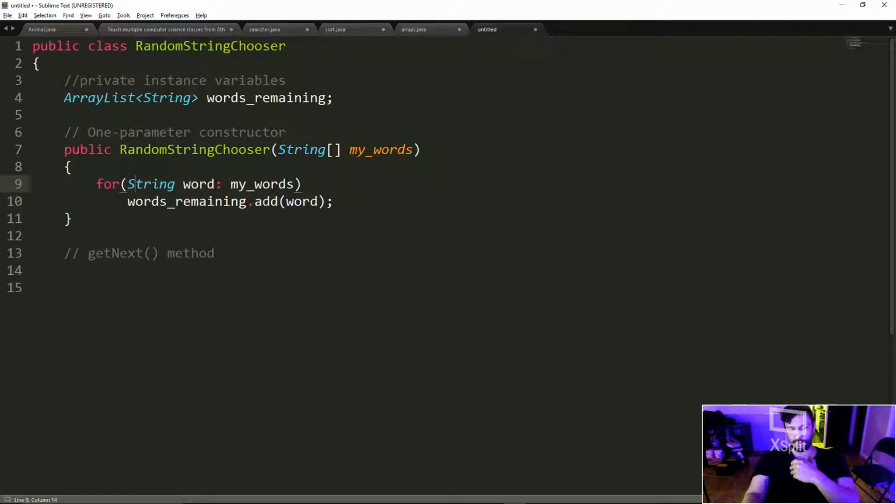So enhanced for loops can be used when you're just iterating through something and you just need to get the values, in which case, like this is right now, that's the case. So I'm just going to go ahead and do that. So now when the user constructs random string chooser and passes their one-dimensional array, it's going to say for string word in my words, words remaining dot add word. Words remaining is now going to have all of those. So we basically just transferred all to an array list, and now